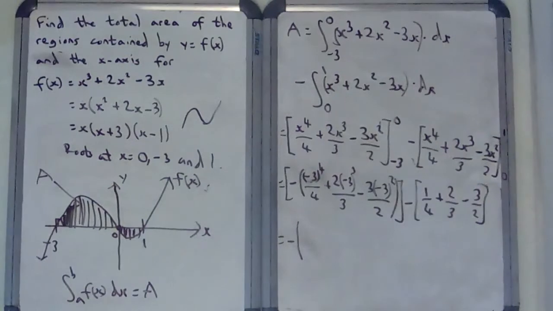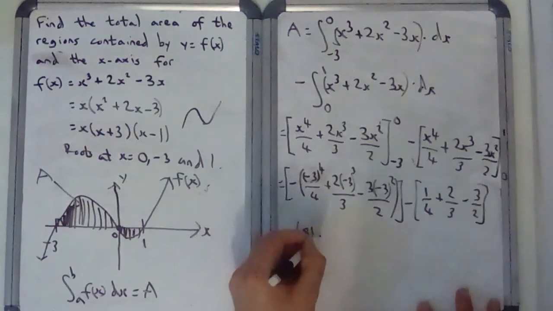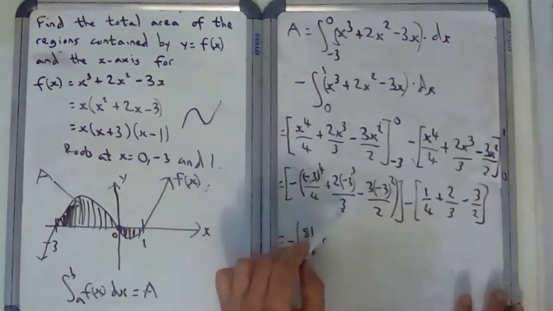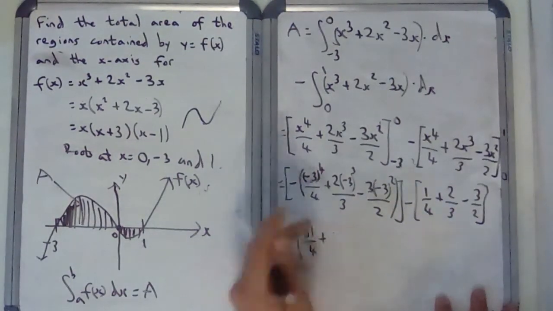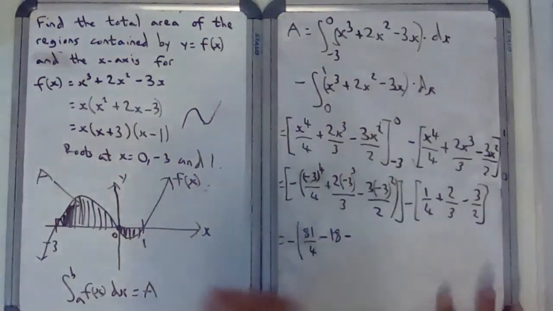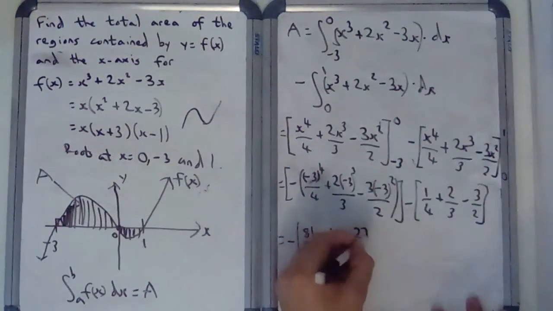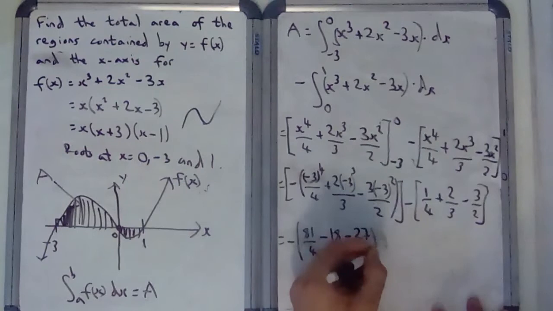minus 3 to the power 4, 3 cubed is 27, times by 3 again is 81, which is positive, so it's 81 over 4, plus minus 3 cubed, minus 27 over this 3 is minus 9, and then times by the 2 is minus 18, so minus 18. Minus, then you've got minus 3 squared is 9, times by here is 27 over 2, so minus 27 over 2. And then, so that's that bracket, and then I'm subtracting